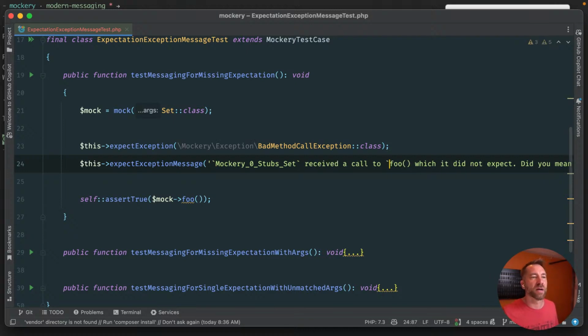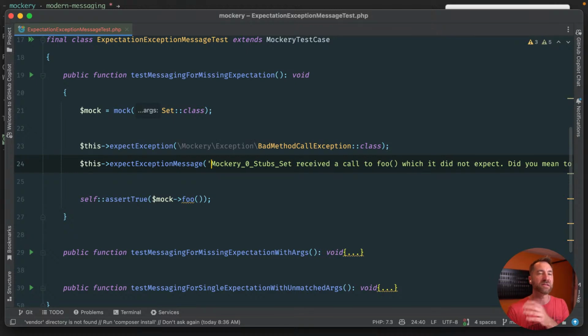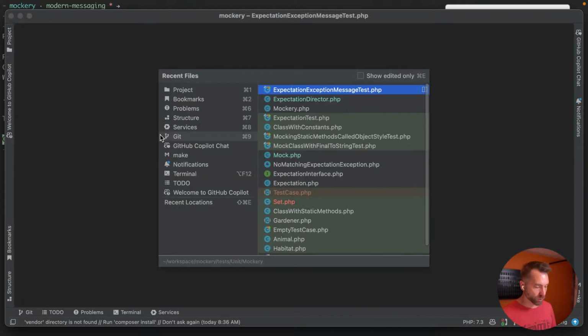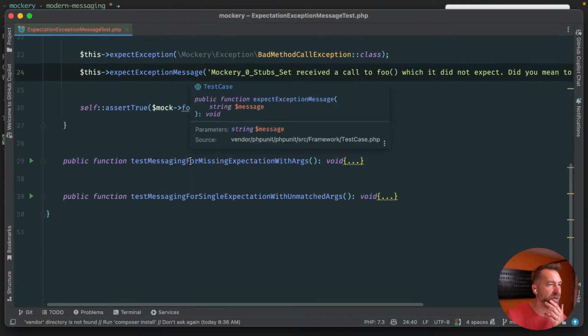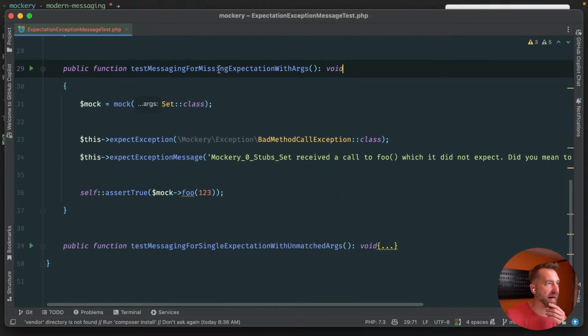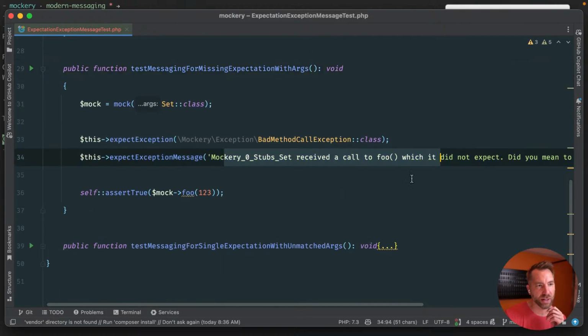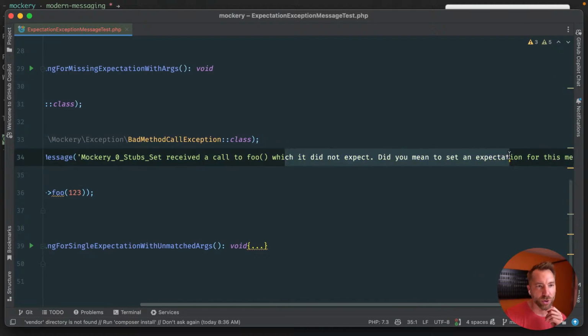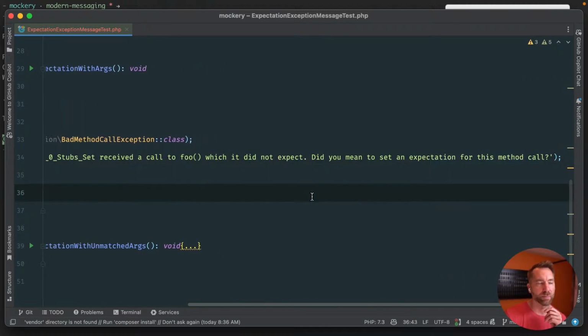The point is, with this test case, I think we're on the right track to really define all these and make it so easy to go and change these expected messages. Whoops. So let's keep going down the line. I've got these passing now, so when it's missing an expectation again, it receives a more human, readable message for